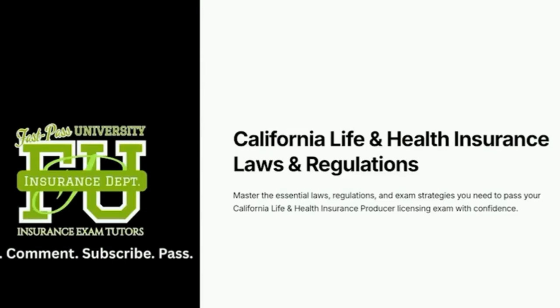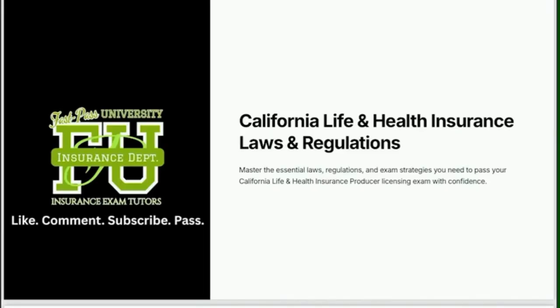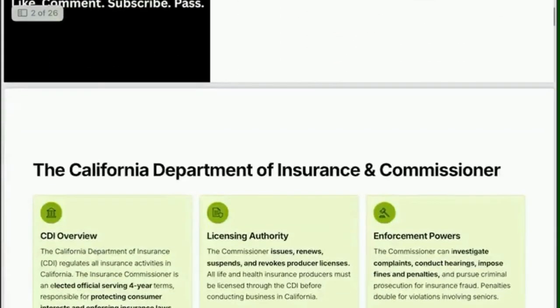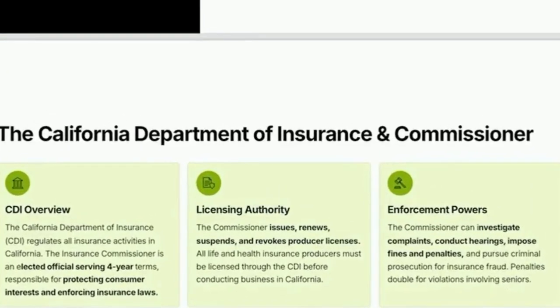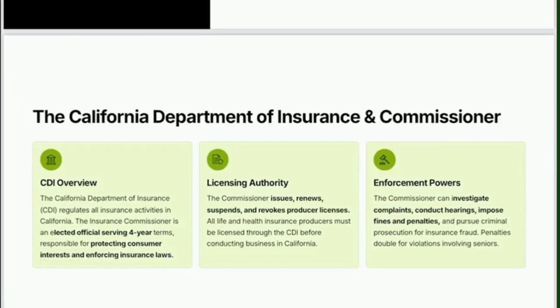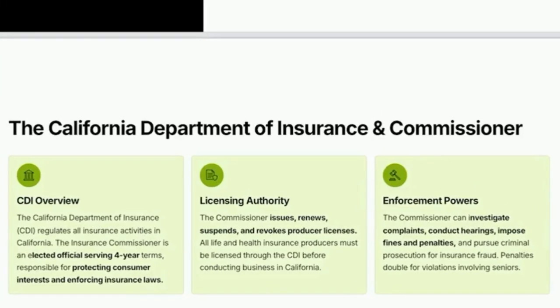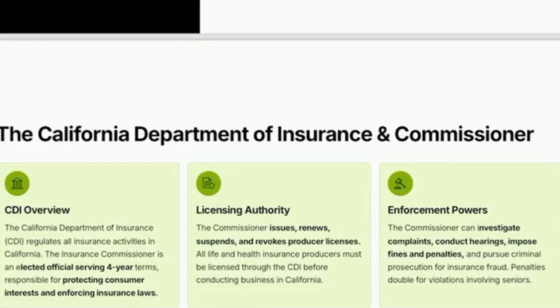But let's jump in. So, as I said, California life and health insurance laws and regulations. These are going to be the laws and regulations that are pertinent to the life and health insurance exam and industry in the state of California. While we did go over all of this in part one, so you should be able to breeze right through this, we are not going to spend a lot of time on this little bit of a recap, but I do want to, again, emphasize the most important parts because repetition is an extremely important part of learning. Never hurts to kind of hear the same things, recap your knowledge.